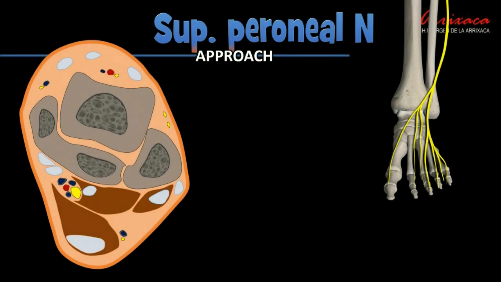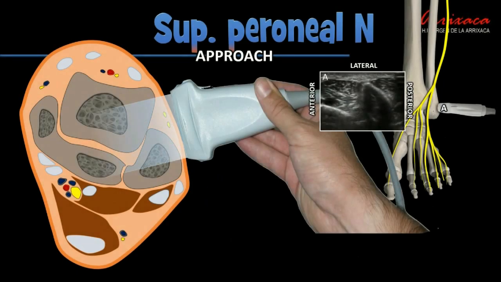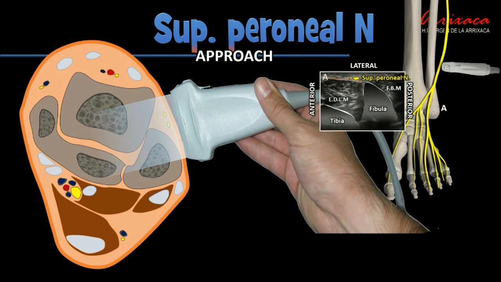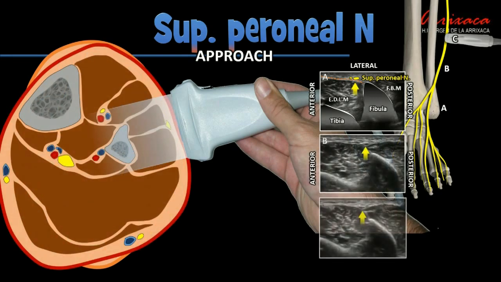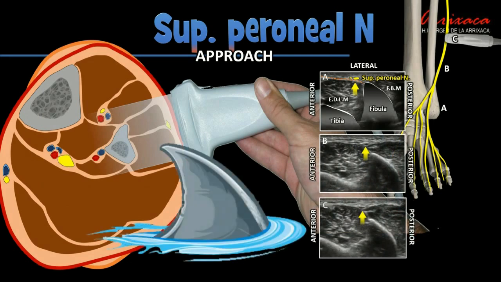The examination should start from the peroneal malleus in the cephalic direction. The acoustic bone shadow generated by the fibula must be identified, and it takes a characteristic sharp fin shape. The tip of the fin marks the aponeurotic junction of the fibular muscles with the extensor digitorum longus muscle.